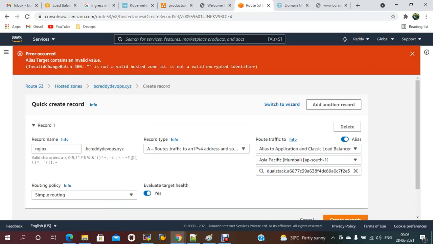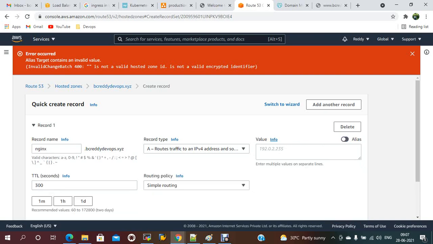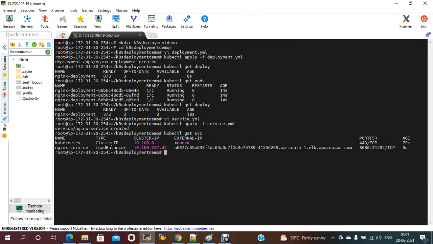It didn't pick. Actually, it should come while we are giving the port number. That is the reason it is not coming up. Otherwise, we need to give this direct value. Let me try in this way.